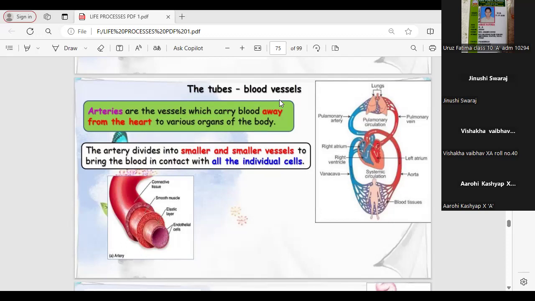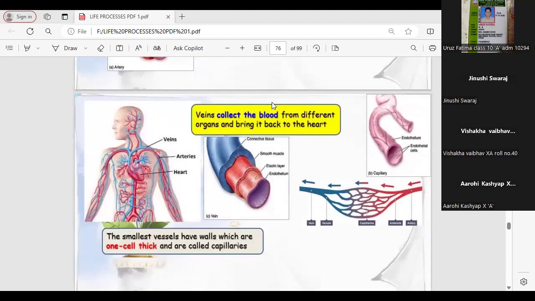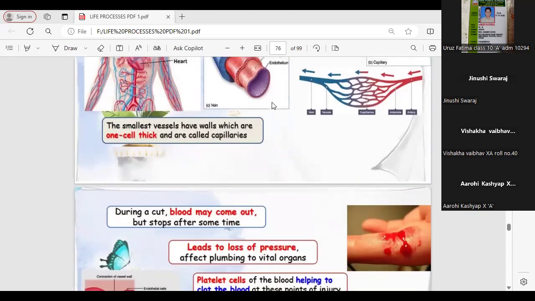And the arteries have to transfer the blood to a wider distance, so they have to be thicker, because the blood flows through the arteries under high pressure, and that is why they have to be thicker to withstand the high pressure. So always remember, the difference between artery and vein is very important from the point of view of board questions. And the blood vessels which connect the artery and the vein are called capillaries.